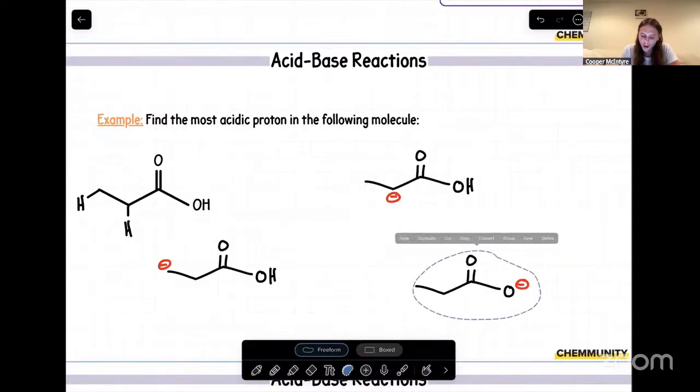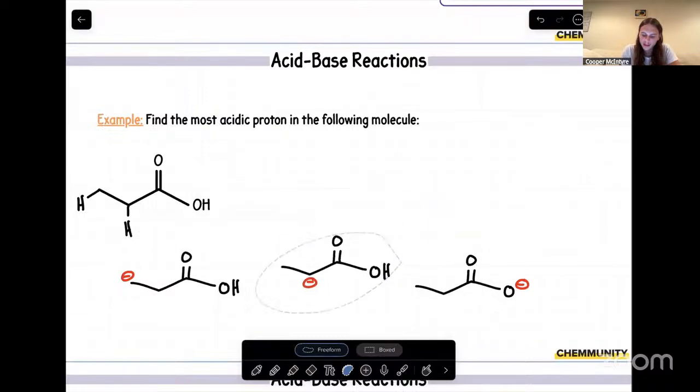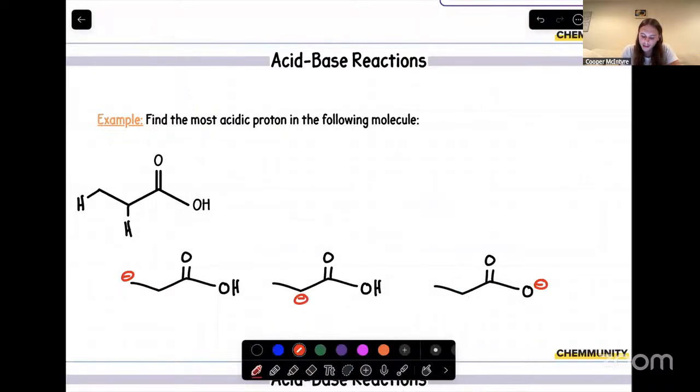And then in terms of where I'm getting these conjugate bases, remember, when we have a base that steals a proton, the base will snag the proton, and then this bond between, for example, the carbon and the hydrogen, these electrons have to fall back onto the carbon. So that's where we're getting those negative charges from. And if we were to assess the negative charge that came from this proton right here, this is our conjugate base, and we don't really see any factors of stability. It's just hanging out on that carbon.